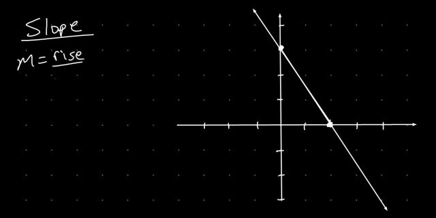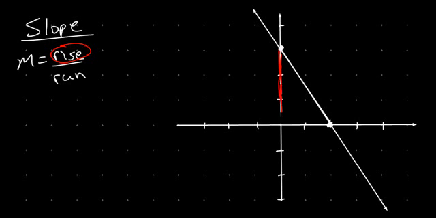Okay, and so I want to find the slope of this line. So our slope is m equals rise over run. Okay, again let's look at the rise in red here. To get from this point to that point, our rise is actually